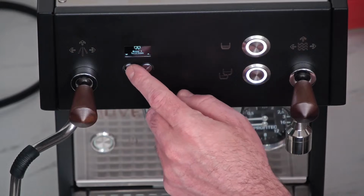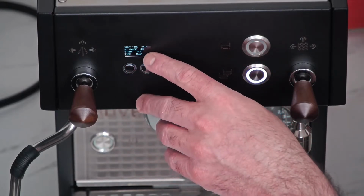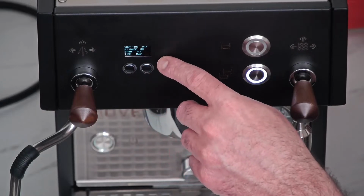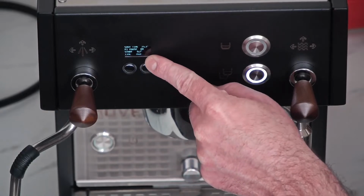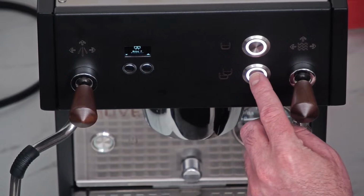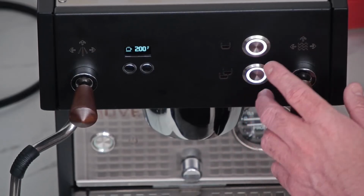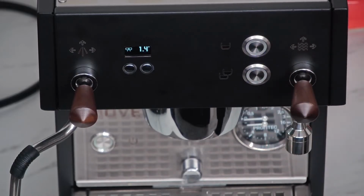And then if we look at brew settings 2, I tried to go as fast as I could. So it's a 0.2 second active pre-infusion followed by a 16 second passive pre-infusion and then a total extraction of 25.3. So what that means is, again, going back to our extraction here, I press this button, and so we're